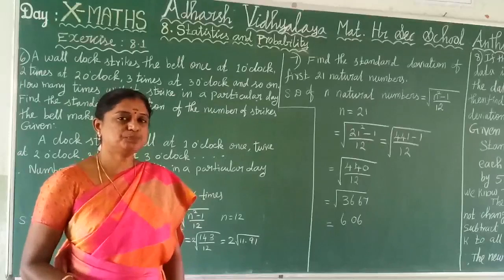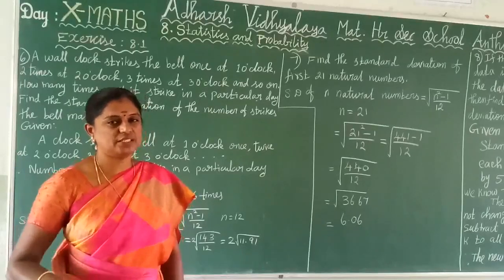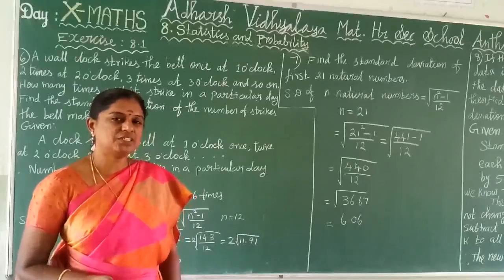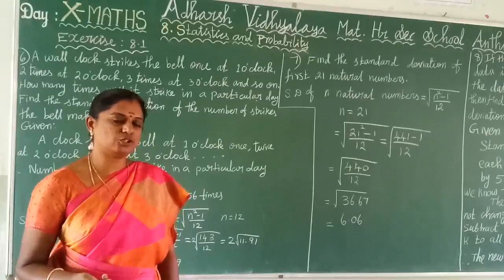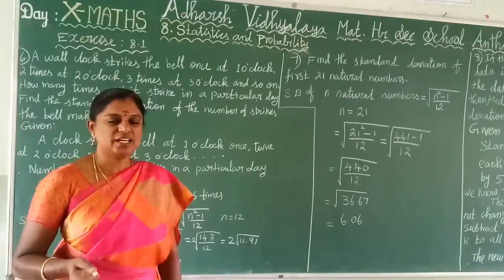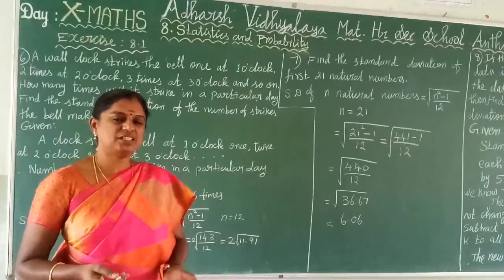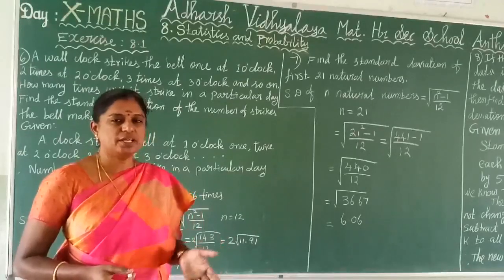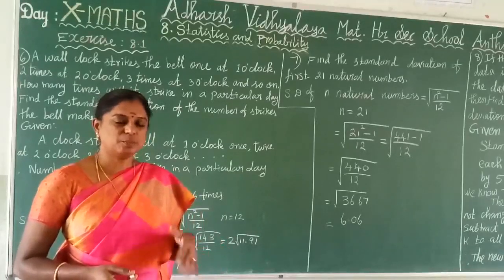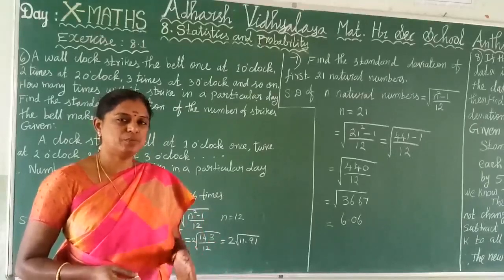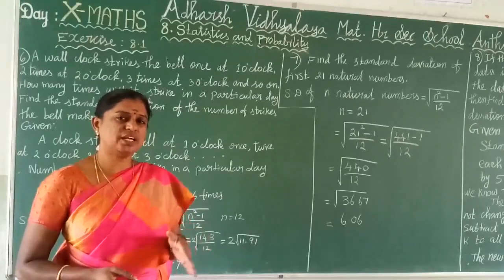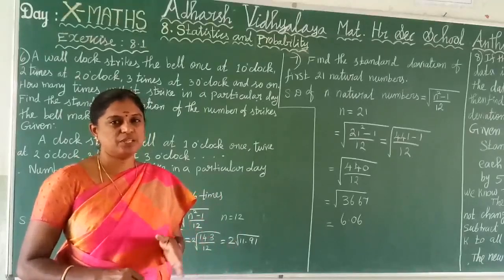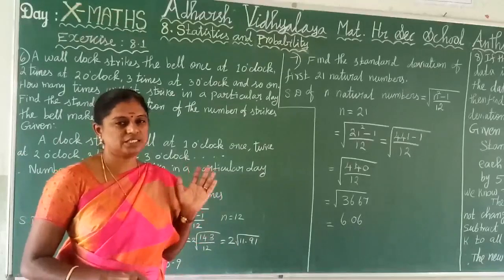In standard deviation we find standard deviation and variance using the given grouped data and ungrouped data. And for the first n natural numbers, the standard deviation is the square root of (n square minus 1) divided by 12. If you add or subtract the same number to the given data, the new standard deviation has no change. Then if you multiply or divide the data by the same number, the new standard deviation is also multiplied or divided. So in that case the standard deviation changes. Yes or no? We discussed these in the last class.